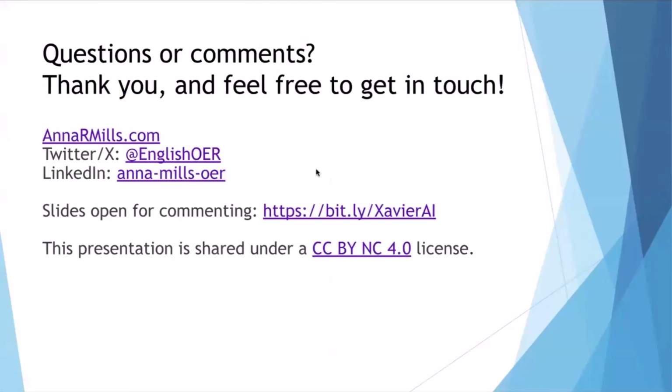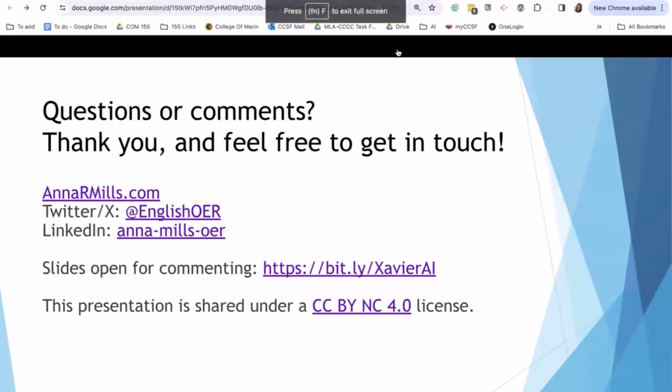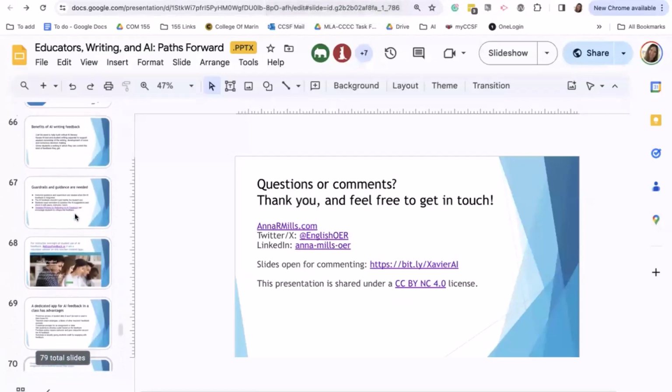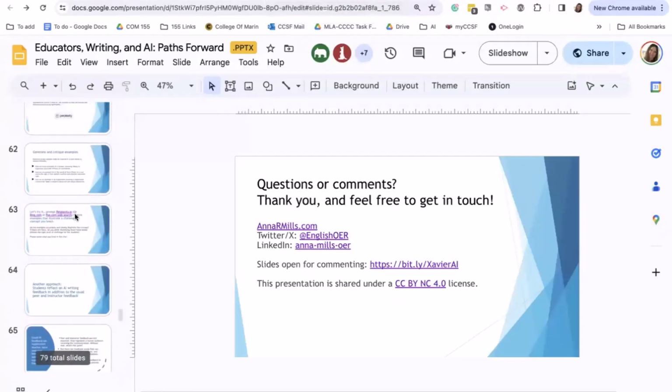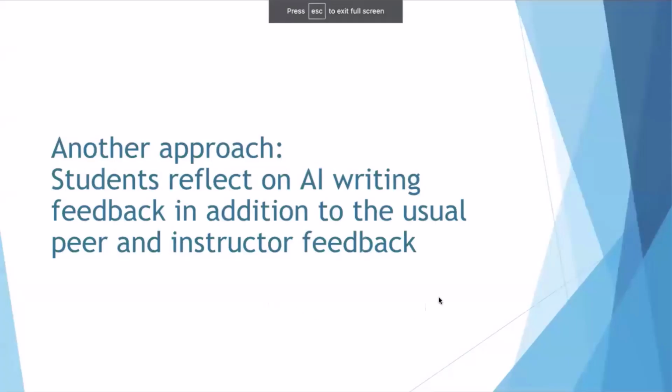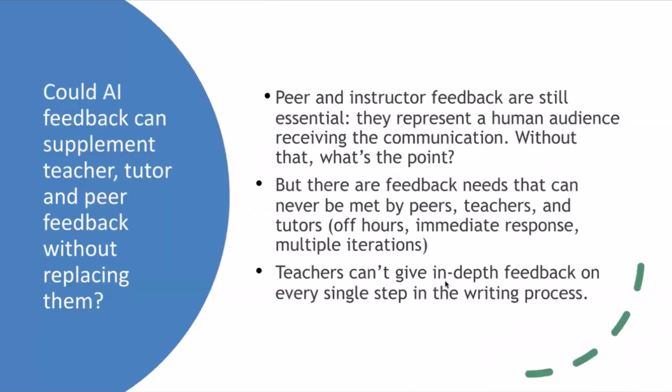But the other approach that I did want to briefly highlight, before we run out of time, is the idea that it can also be used, besides critiquing AI in our subject areas, for writing feedback. So this is controversial, and it's something that I do believe can be done, but there are some pitfalls.